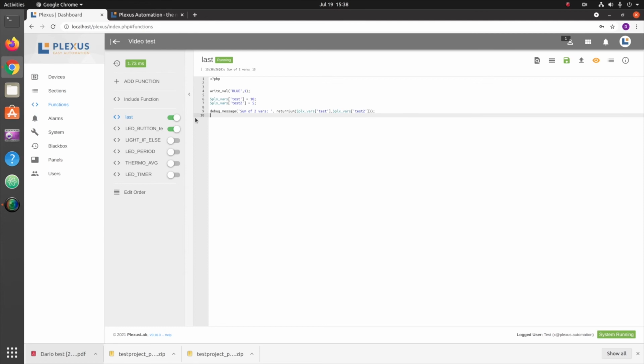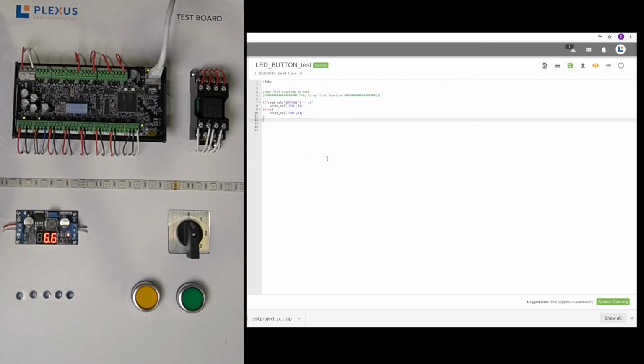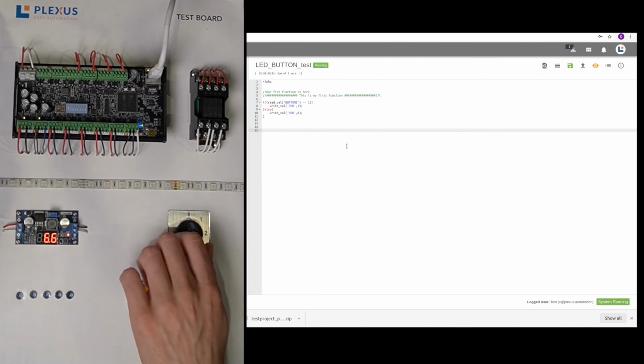Okay, so now that we've seen just the general structure and a couple of rules, I'm going to go through and write a little function as an example for you, before we get into the next video where we're going to talk about all the APIs in a little bit more detail. Here, let's say we want to write a function where